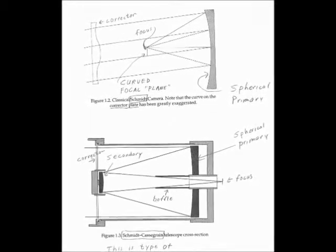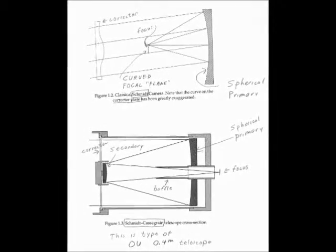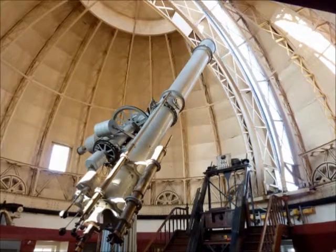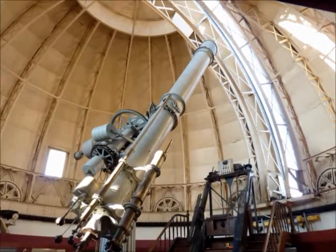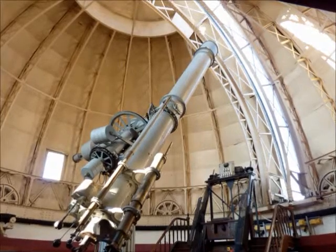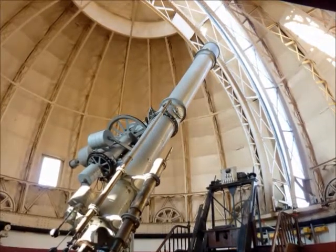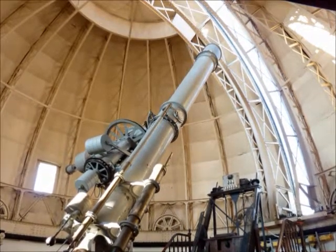Both telescope designs got larger and larger until about the 1890s, where refracting telescopes reached their critical mass. The lenses on them got so big that they would sag in the middle and distort the lens, making them impossible to focus. This is why large ground-based telescopes that are used for scientific research are always reflecting telescopes, not